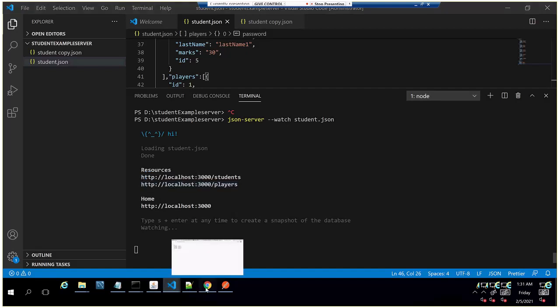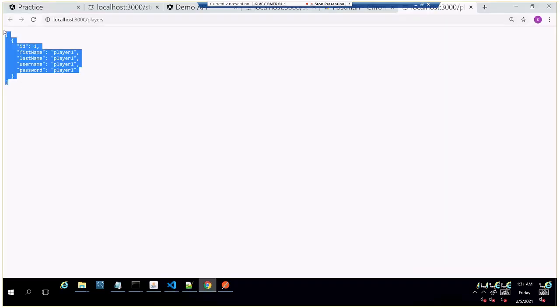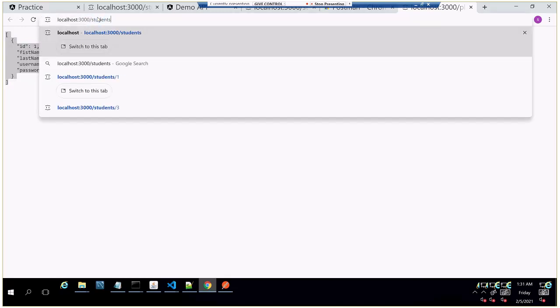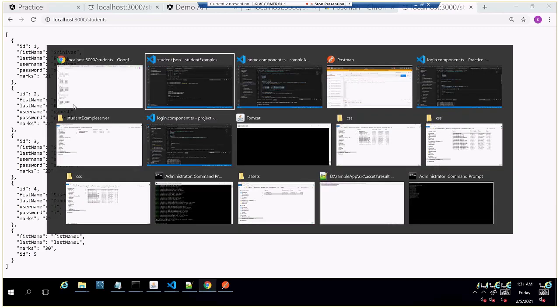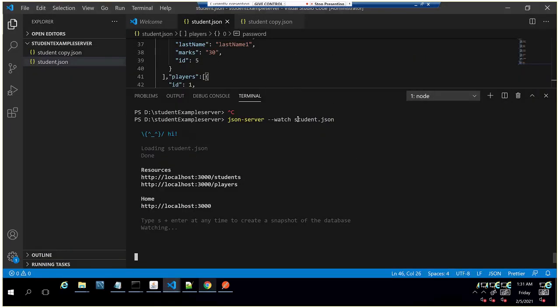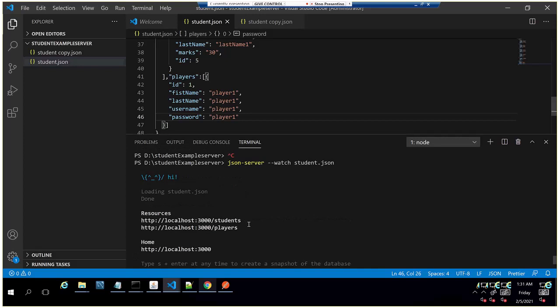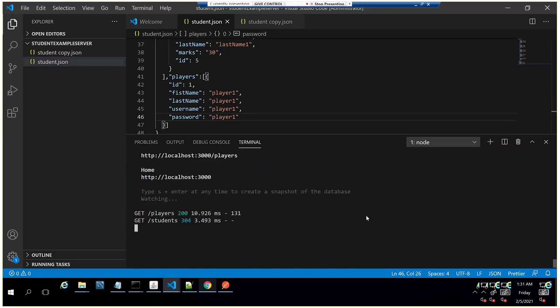Now I clicked on this link and it loads the list of players. And if I use students here, it loads all the students. Similarly, we can create a number of objects here and play with them. So with these two commands, we can create a local JSON server.